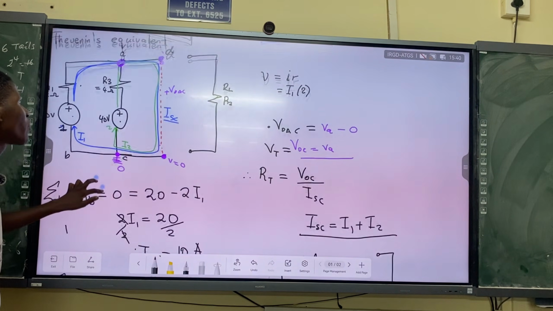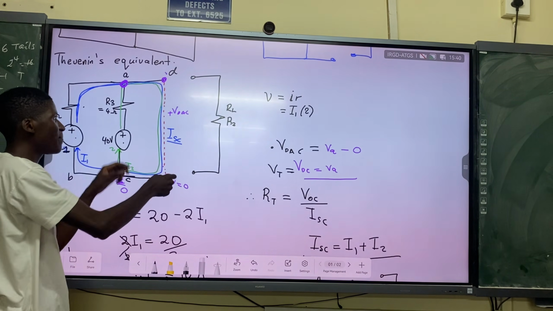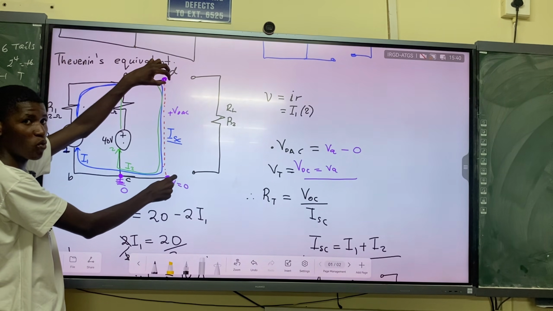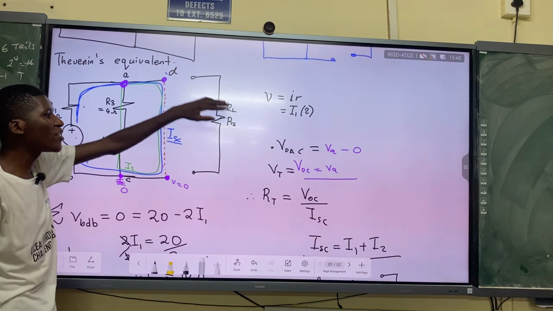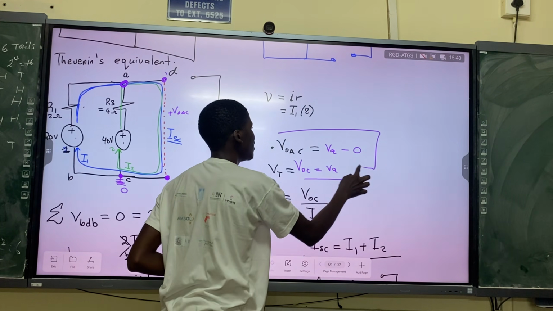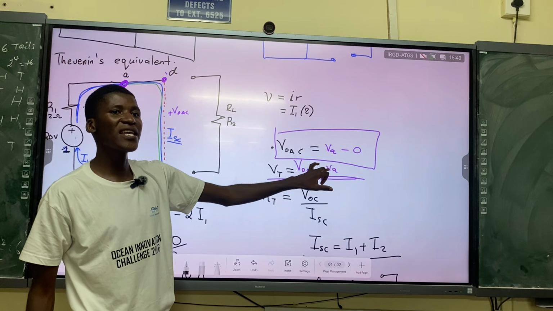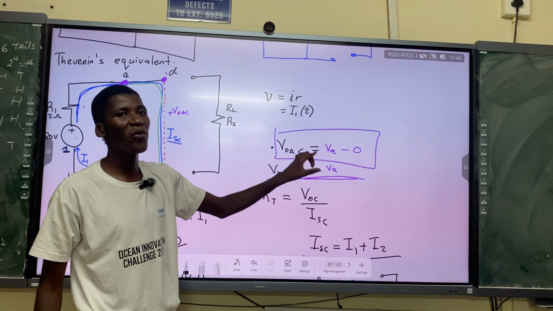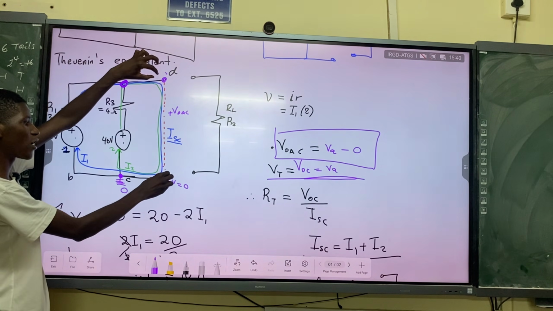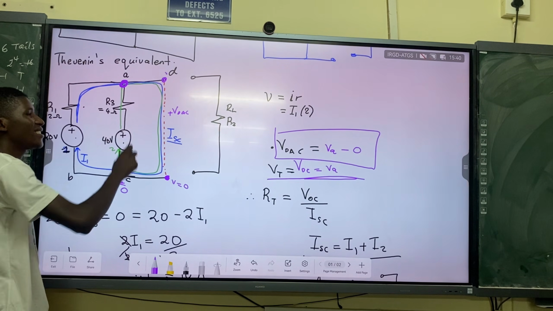So this is the voltage when we open our circuit. Our circuit is now open. It means we are measuring the voltage across the two nodes. Since it is an open circuit, it is going to be equal to the open circuit voltage. Now, the open circuit voltage is going to be the potential on the node A.